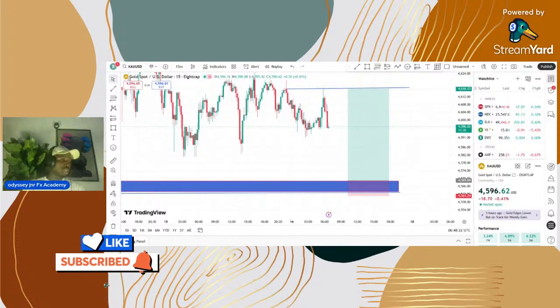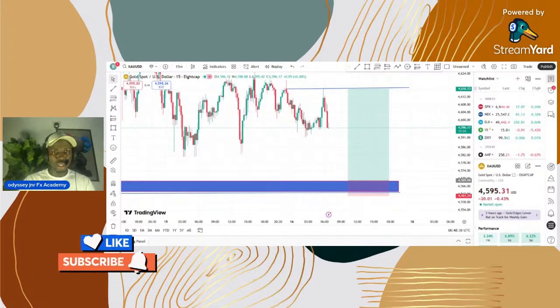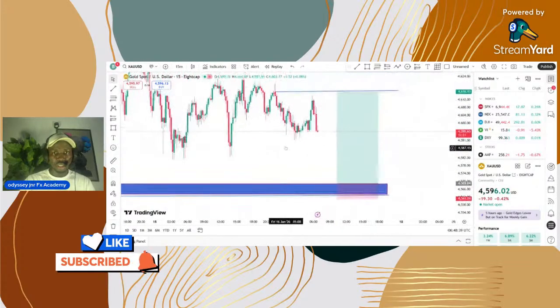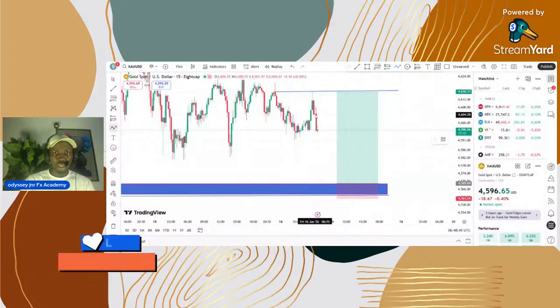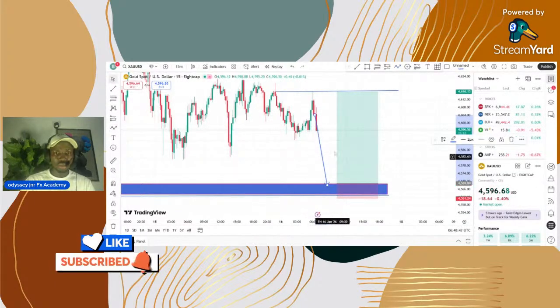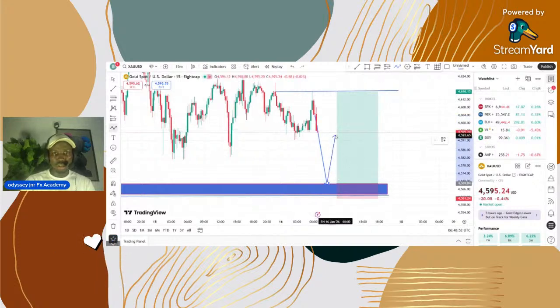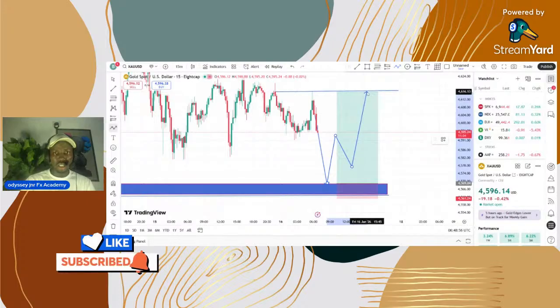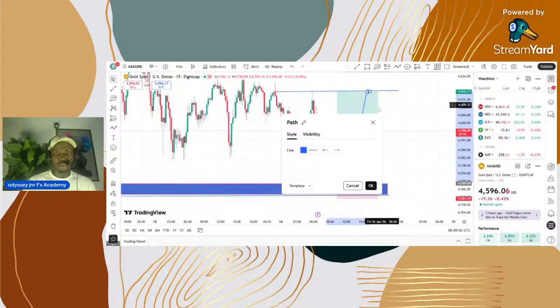Last week or day before yesterday, we had a clean market movement. The market gave us exactly what we expected, and it was full TP. So let's see what it will give us here also. We are still expecting this market to drop down now, maybe from here to here. Then it can give us something of this nature as it always does. Then do like this. Then we see this way. So that's what we're expecting of this market now.